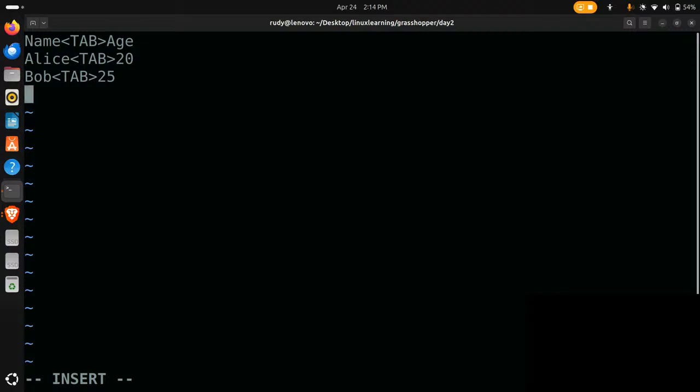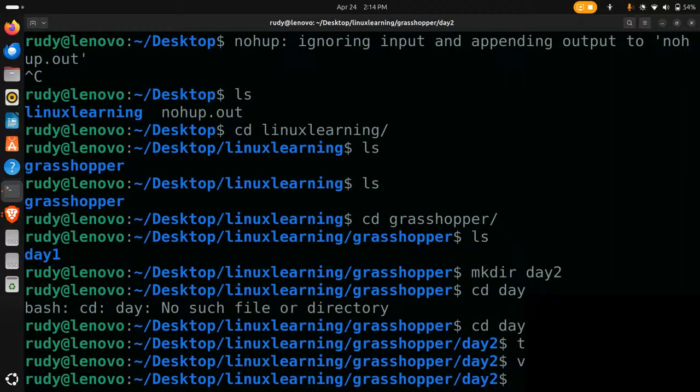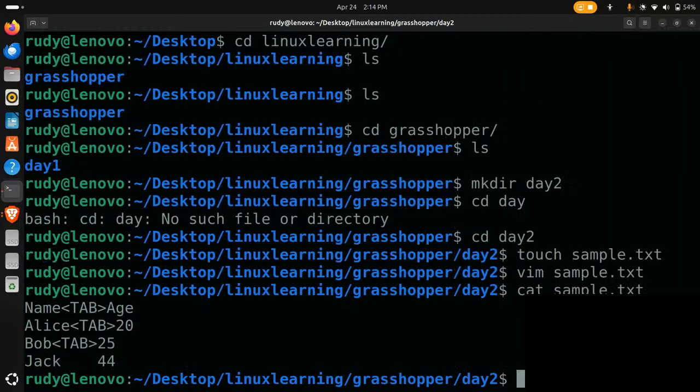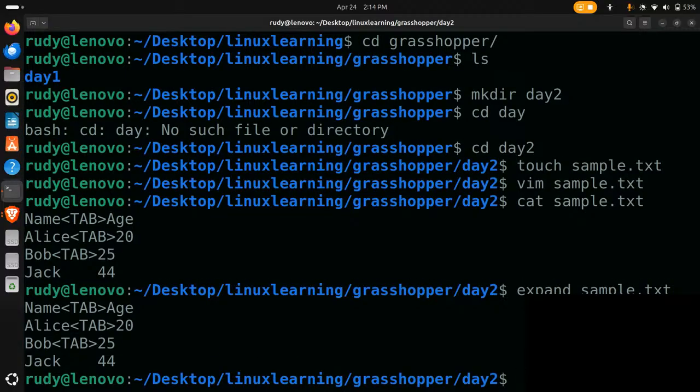Let me write one more. Let me write jack, tab, and then 54. So how many tabs are there? It doesn't actually tell. So let me exit and save it. Now let me write cat sample. It is telling me to put a tab over here, but we don't need to because we already put it over here. So now if I type expand and then sample.txt, okay, now it's giving me